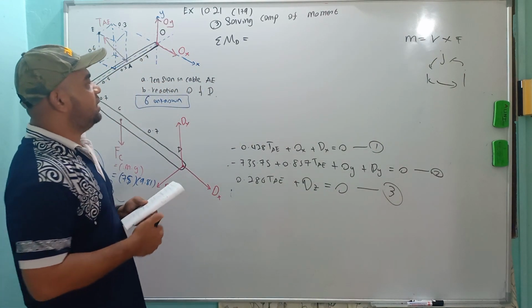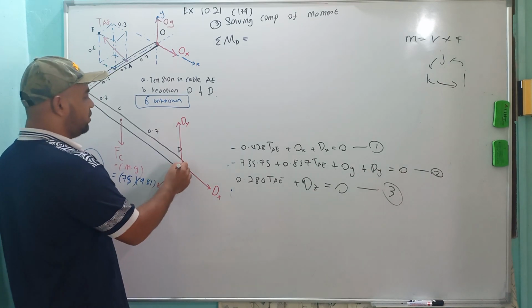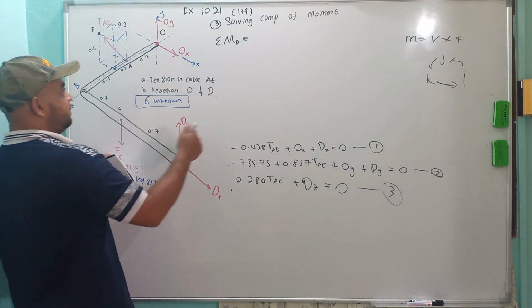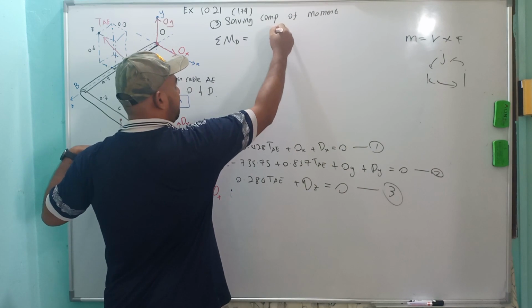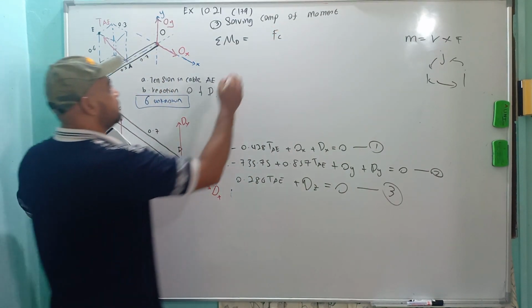Okay, so moment is R cross F. So you want to have the first one. We want to take moment about point D. So FC first. Okay, FC